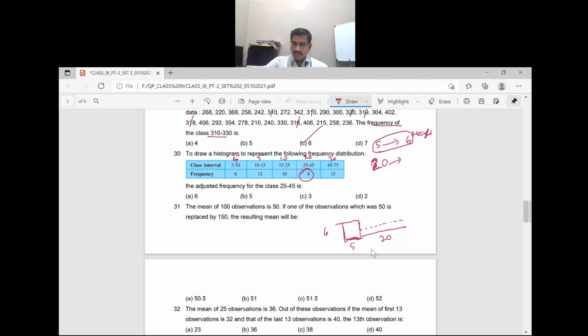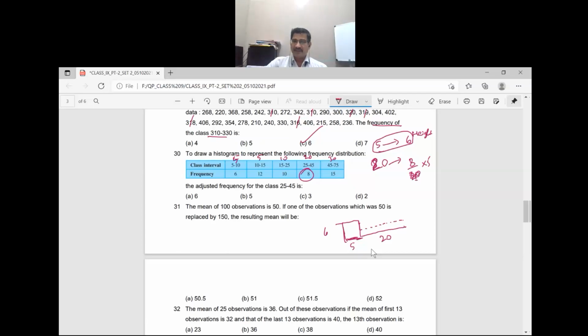So we make that 8, divided by how many times? The 5 increased 4 times, which means we have to divide it by 4. How does that 4 come? There are 4 times 5, sir. Yes, here 4 times 5 is the increase in width. The 5 increased to 4 times, so the height should reduce to 4 times. Understood? That way.